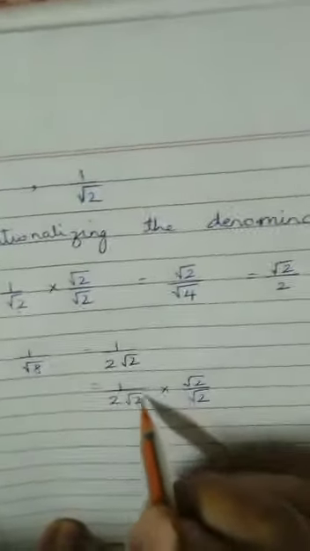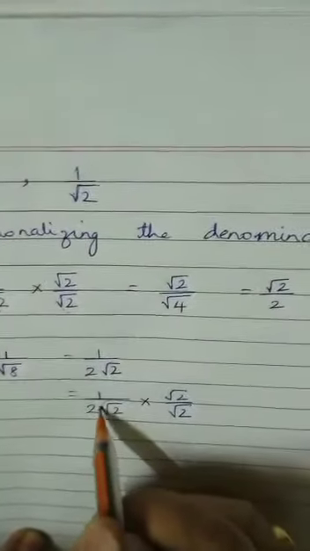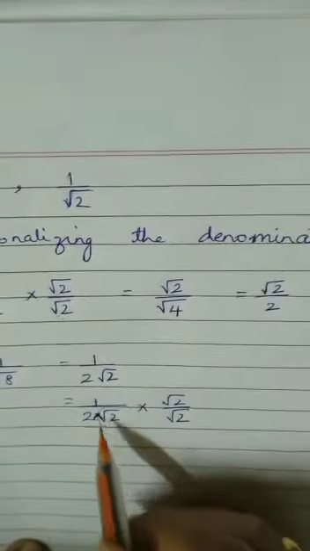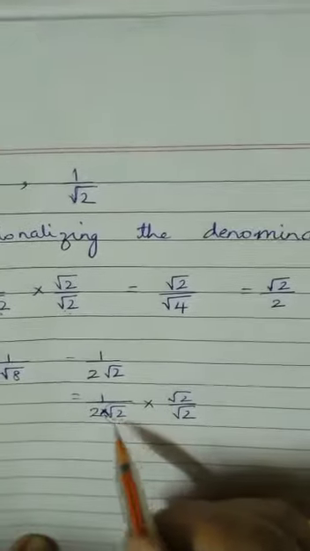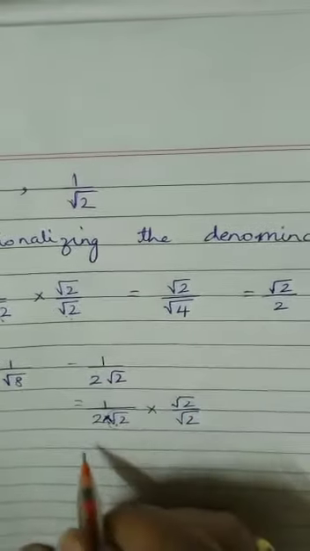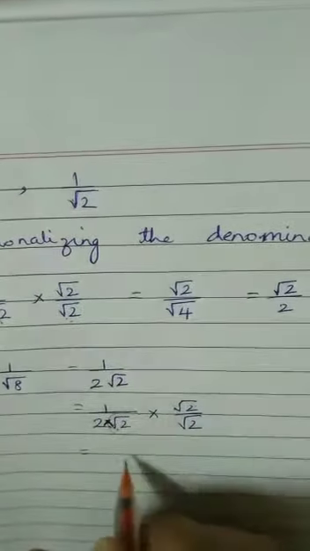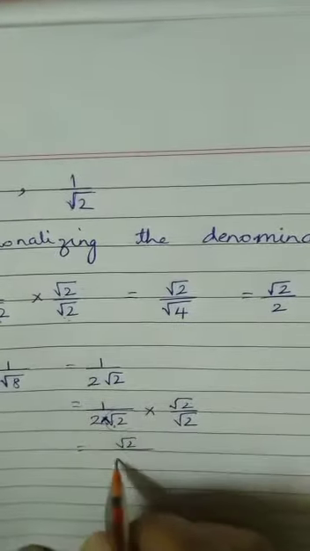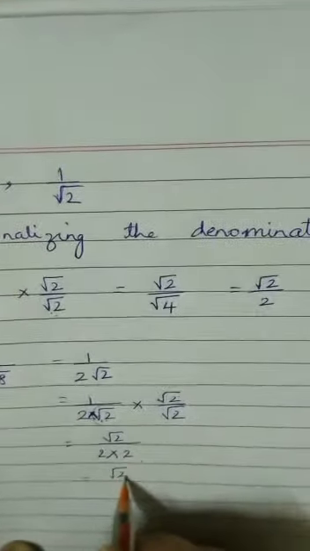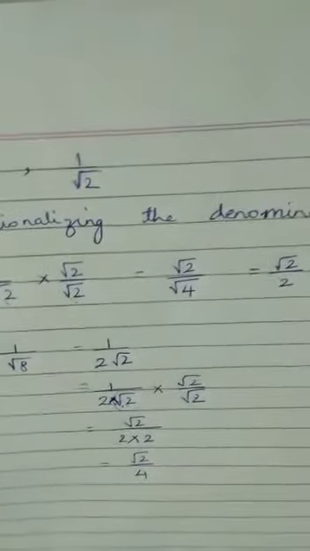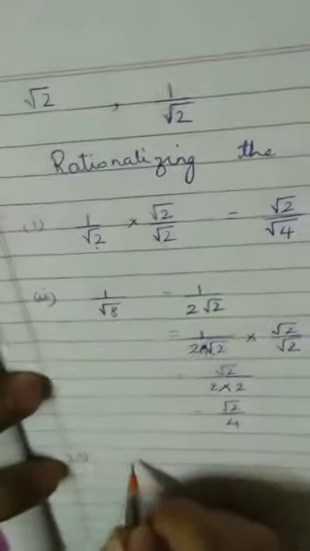Why? Because that 2 at any point of time will get cancelled as it is, right? So we are just going to take this because there is a multiplication sign over here. There is no sign, that means multiplication, and that is the reason why we are taking only root 2 upon root 2. This turns out to be 1 into root 2, root 2. This 2 is already there, and root 2 into root 2 again gives me 2. So my answer would be root 2 upon 4. Let's take one more example.